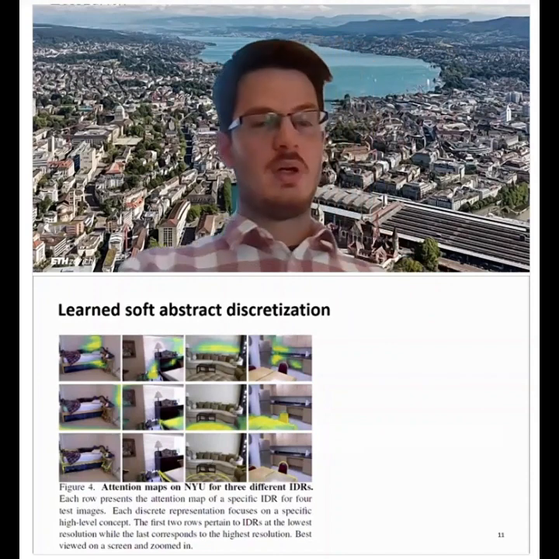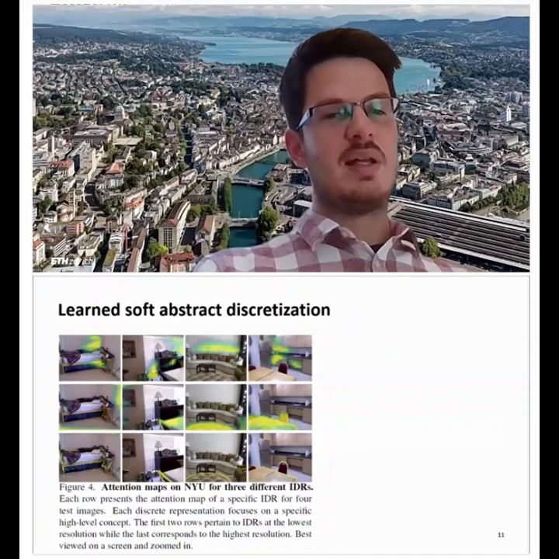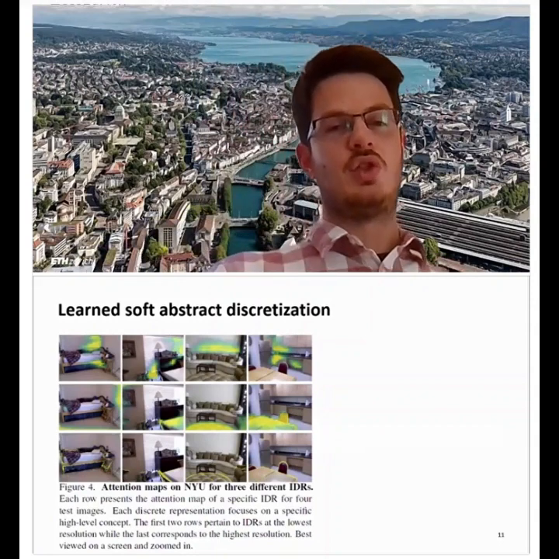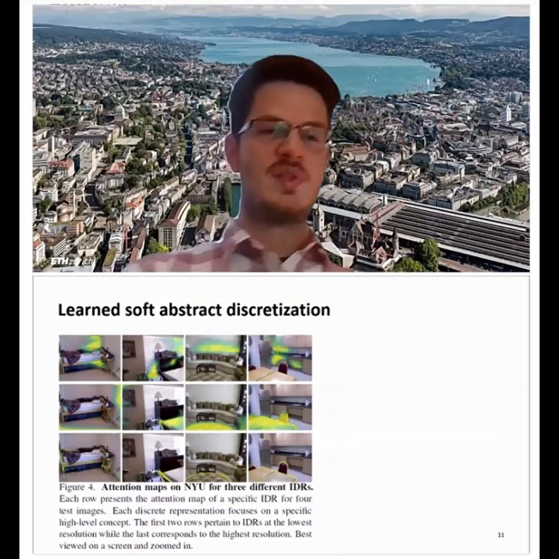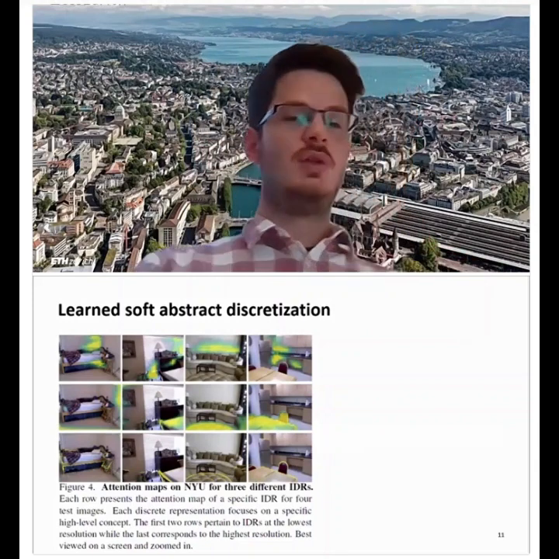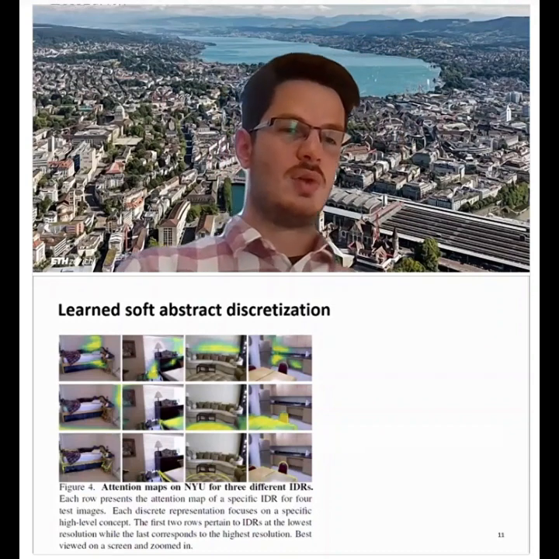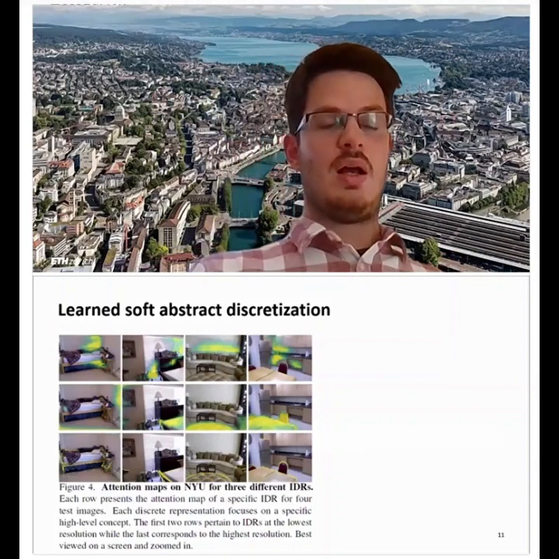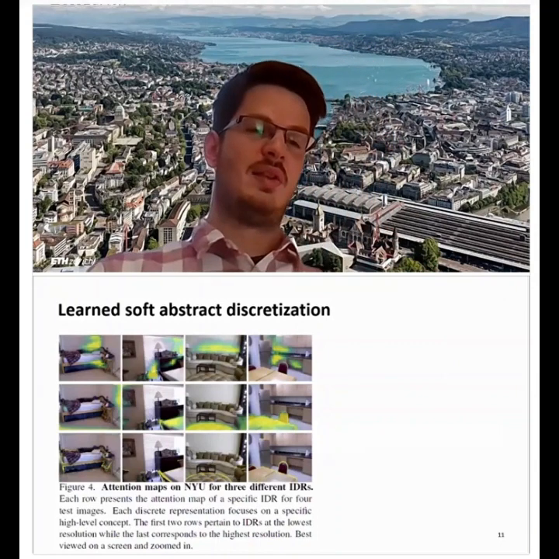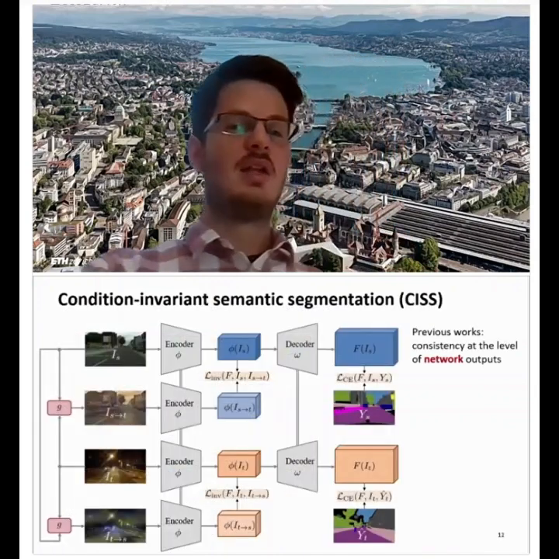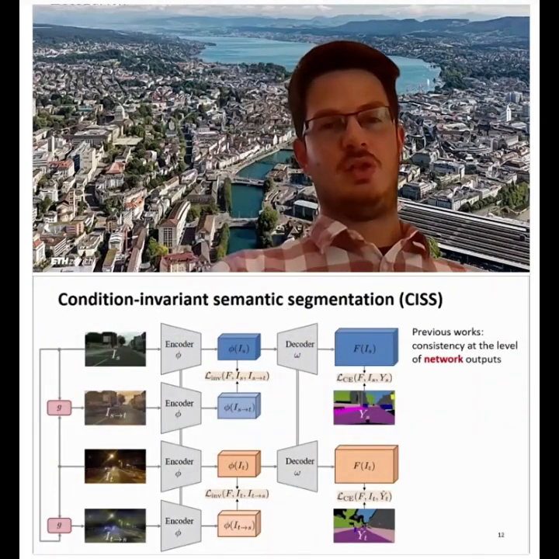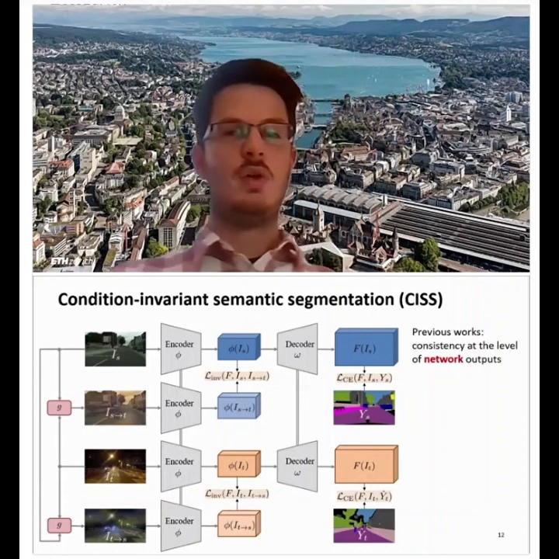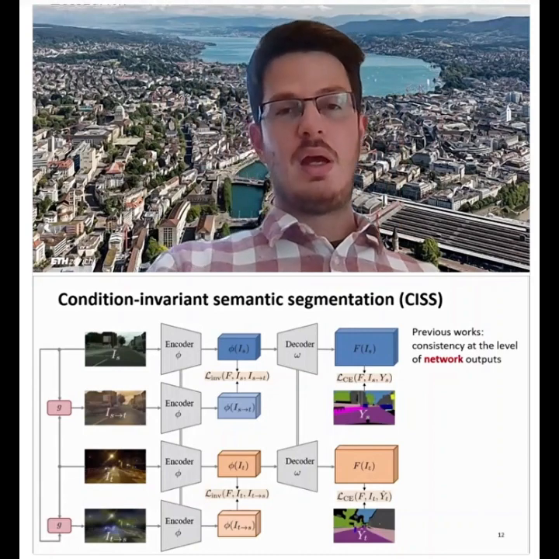At the bottom row, on the contrary, we see that the yellow color corresponds to high attention values for the corresponding representation. So we see there that the model learns to basically discretize together edges in the depth map that correspond to the part which is closer at the lower part of the edge, so horizontal edges, and the part that is further away in the upper part of the edge. This concludes the first part of the talk, and now we'll continue with the second part for semantic perception.